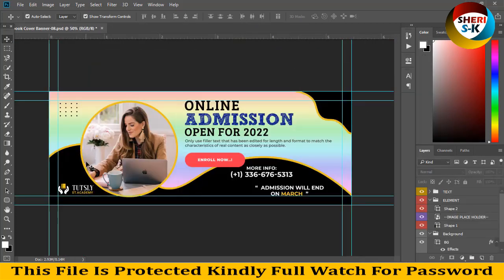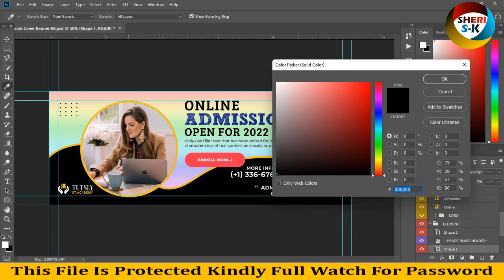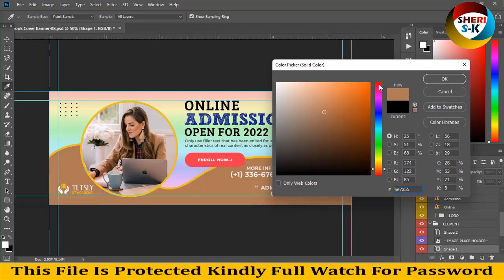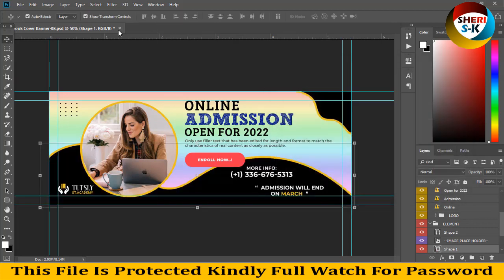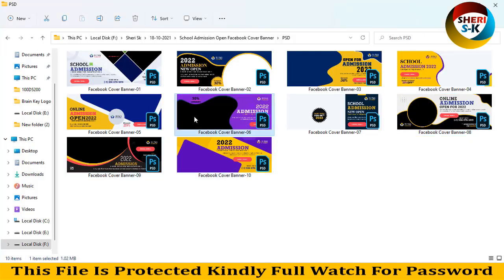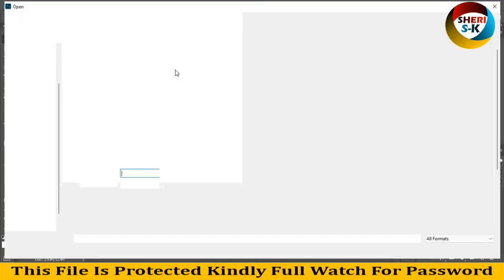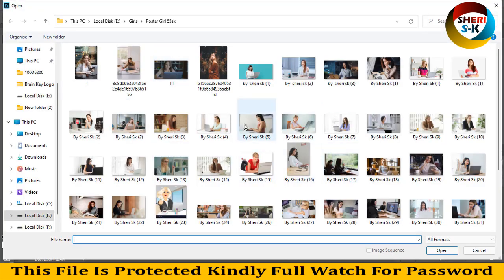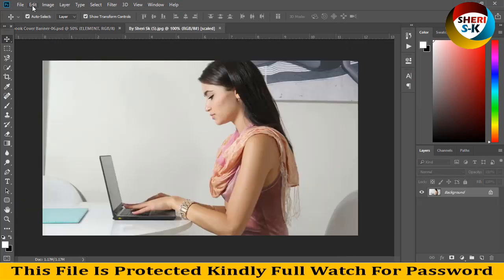Wow, here is better. You can write your name, or you can change the shape color or dress color, depending on your own choice. Same thing is here, admission 2022. Don't show again. Okay,